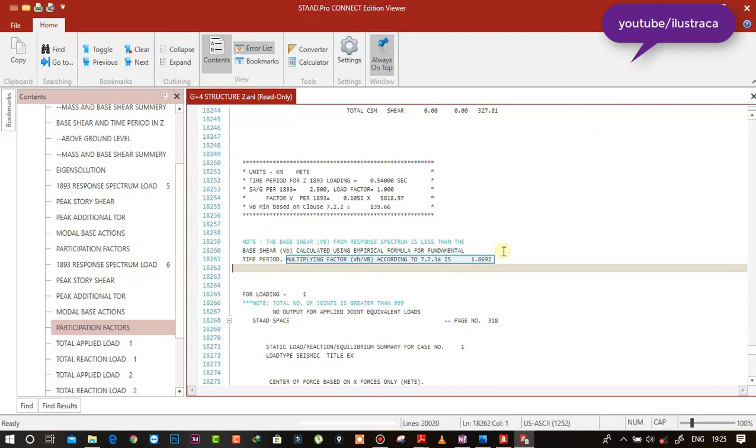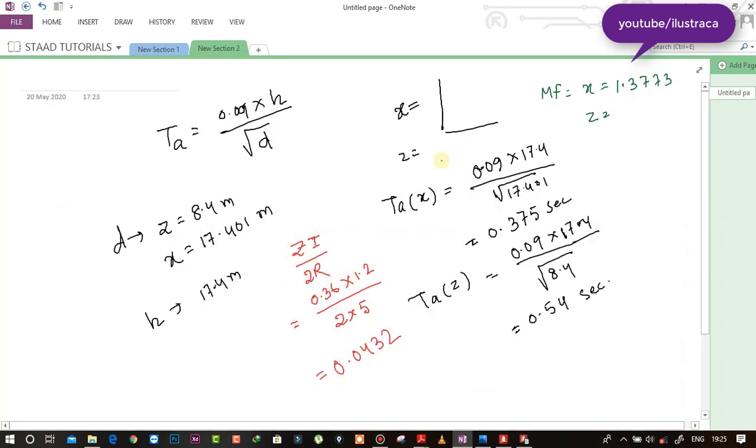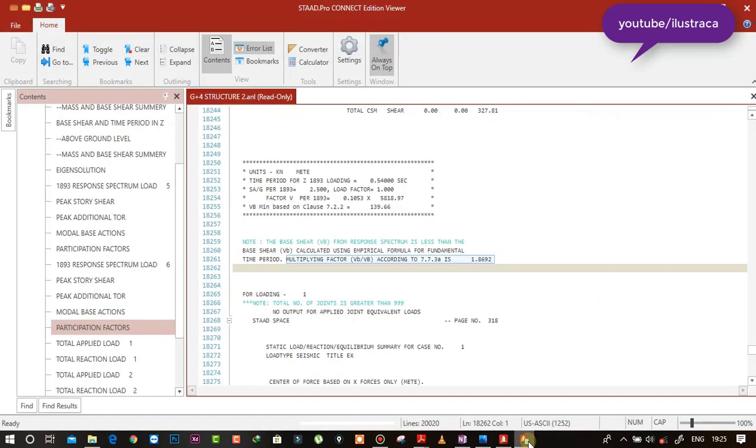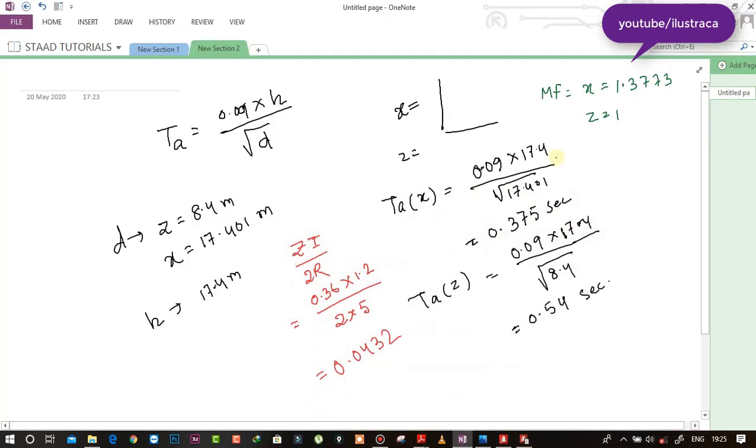When our dynamic base shear is less than the static base shear, then we need to multiply this factor to scale the dynamic base shear up. So it was 1.8692.